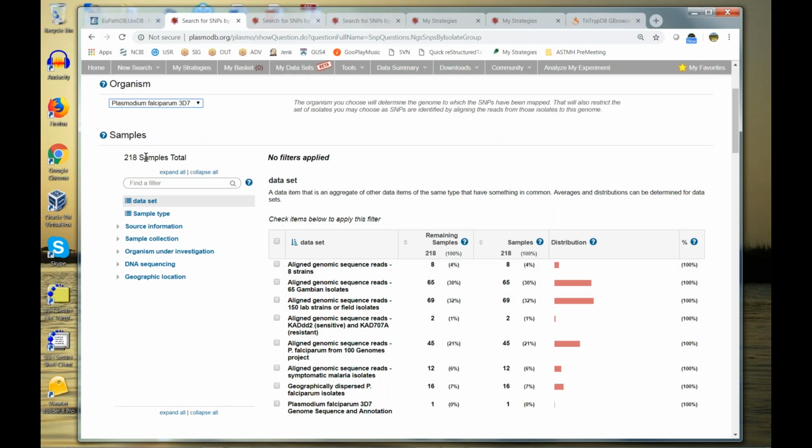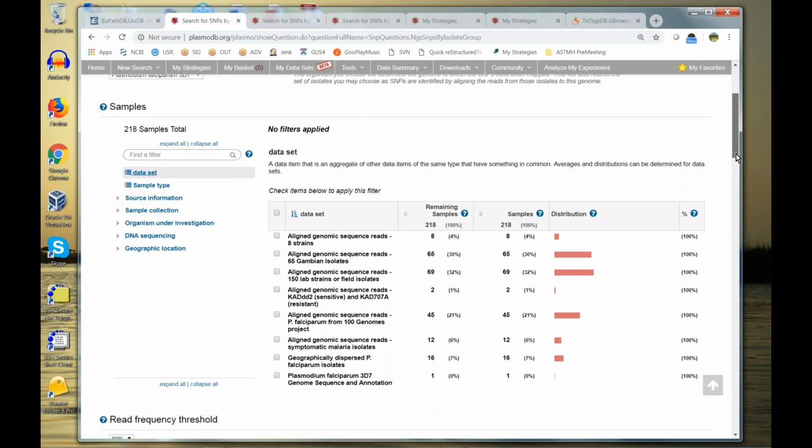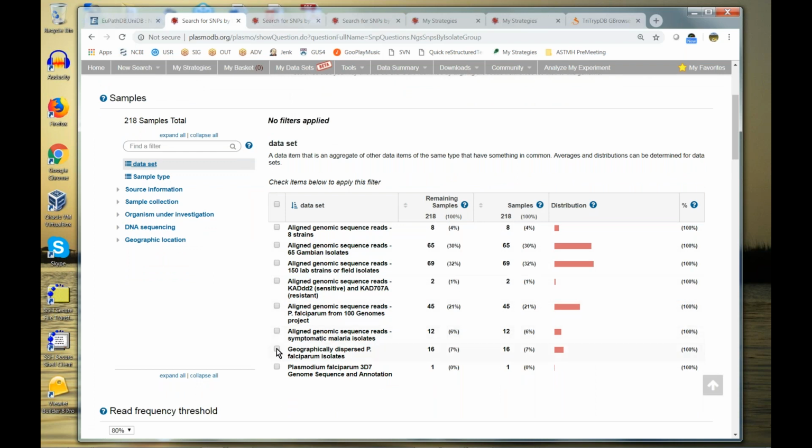There are a total of 208 isolates in our system, and through this metadata panel here, we can look at all of the data sets that these 218 are distributed through. And I'm going to click here on the data set that we were just looking at, geographically dispersed P. falciparum isolates,